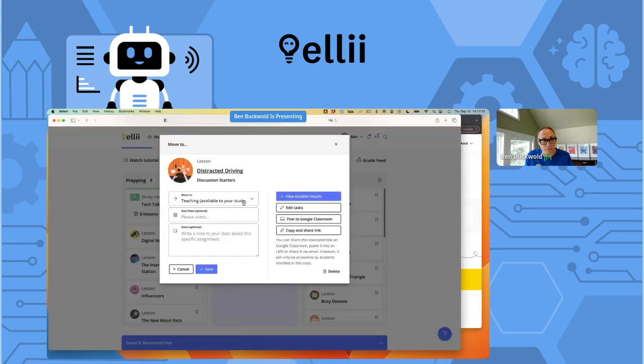And if I want to leave some details or notes or preferences, I can set a due date by clicking on that card and say that I want this done by the 16th. And I can leave a note saying, please don't do the last 2 tasks. We will do them in class.